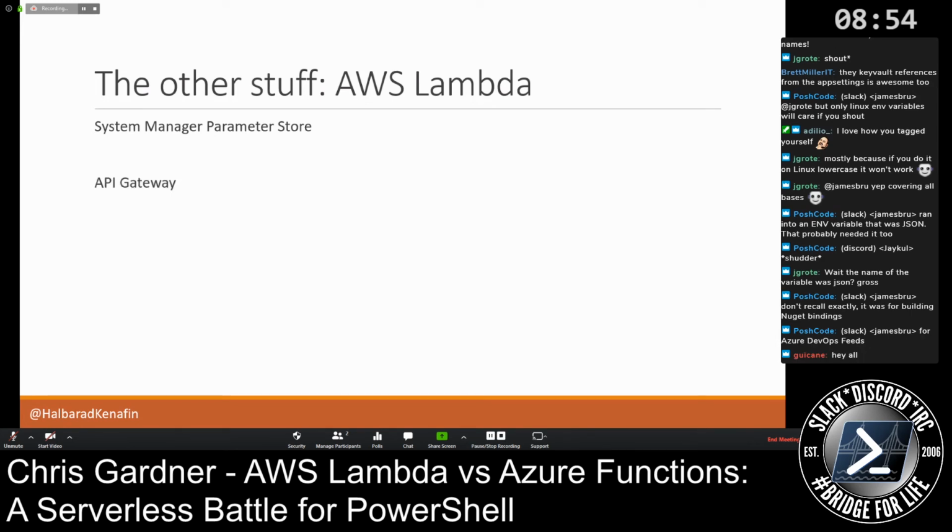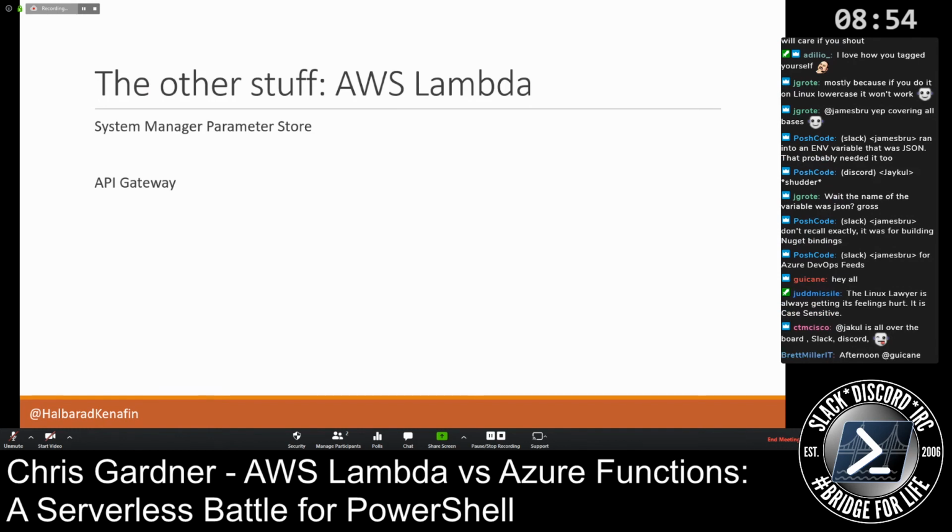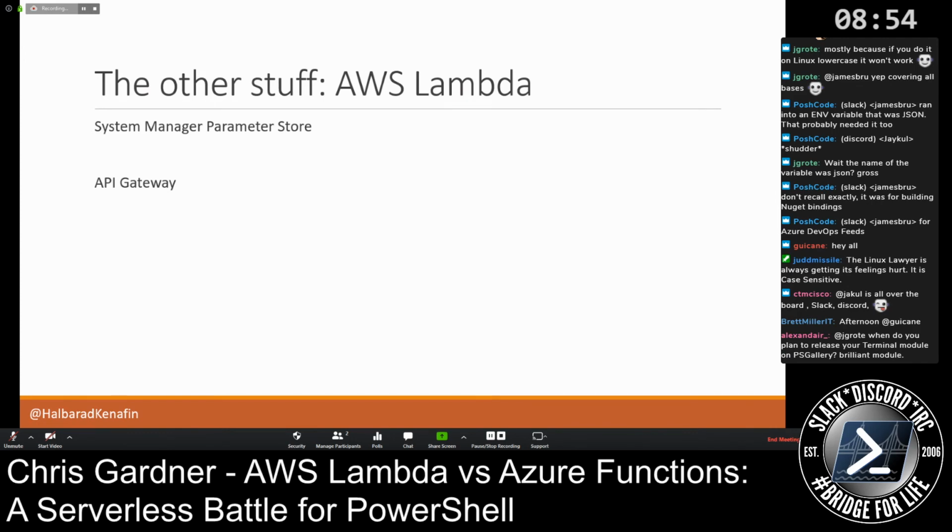So API Gateway, I've mentioned this a few times. It gives you a nice single point of entry for one or more Lambdas or a bunch of other different services you can hide behind it. It lets you do authorization and authentication on that layer if you want to do that as well. It lets you do throttling. It lets you do a bunch of other stuff on it. So it's what you'd expect out of an API gateway, but you just hook up a bunch of Lambdas and other stuff behind it. And I believe that's got a weird, interesting costing model because AWS likes to do weird and interesting costing models for some stuff, but it's still a pretty useful service to have.